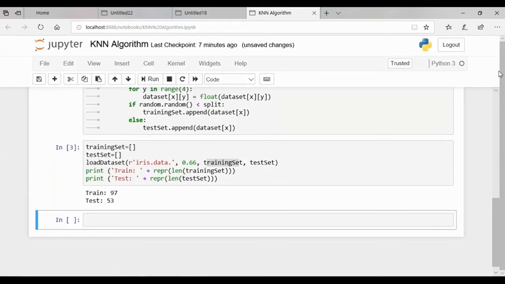So let's move ahead to step 2, which is similarity. In order to make prediction, we need to calculate the similarity between any 2 given data instances. This is needed so that we can locate the k most similar data instances in the training dataset and in turn make a prediction. Given that all 4 flower measurements are numeric and have same unit, we can directly use the Euclidean distance measure, which is nothing but the square root of the sum of square differences between two arrays of the number.